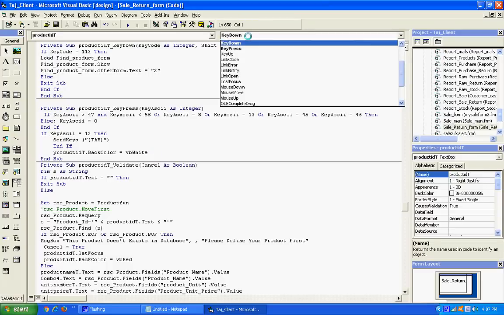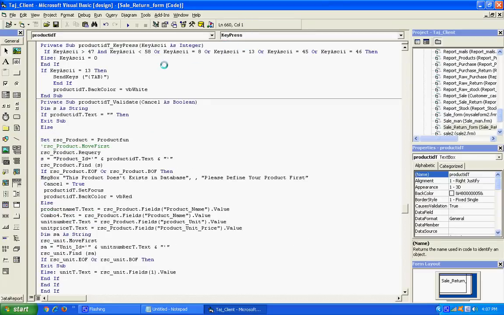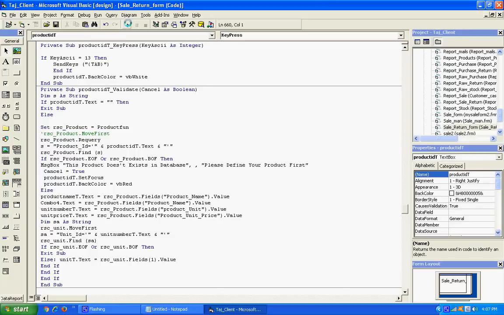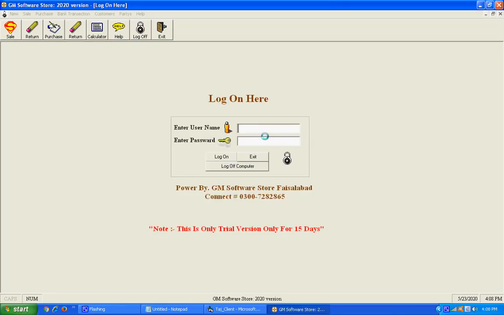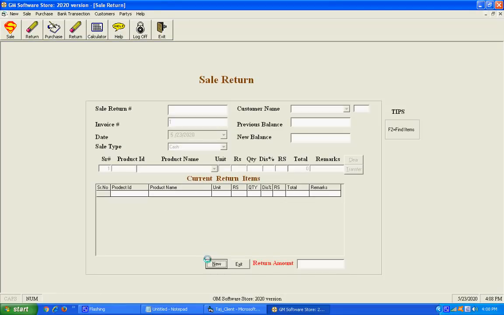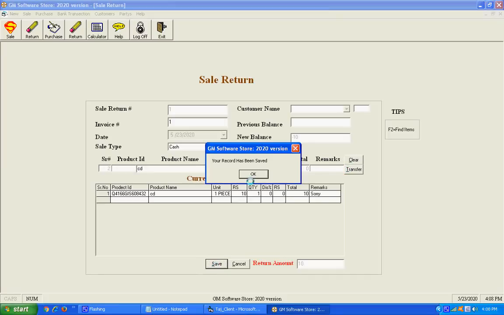Yes, this is the problem, because this only accepts numeric data, but this product ID has both letters and numbers. Yes, done. Transfer and save. Your record has been successfully saved. The sale return form is completed successfully.